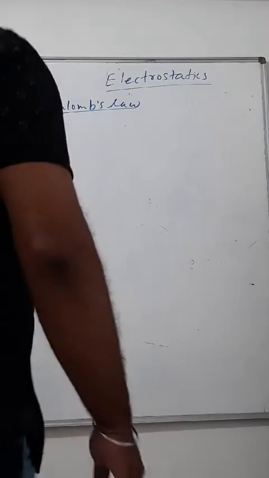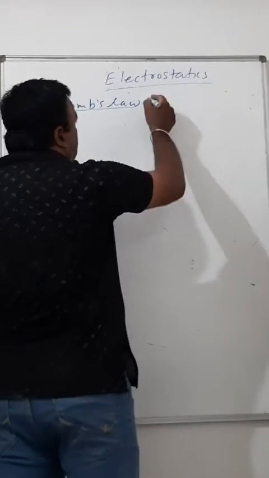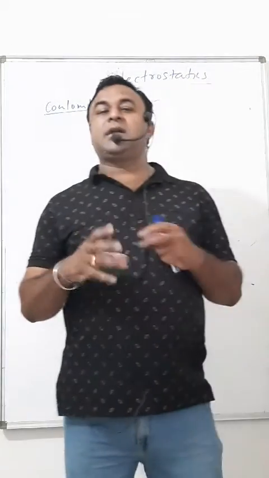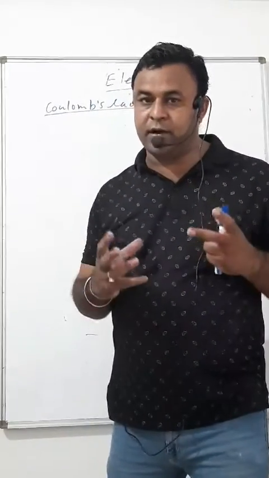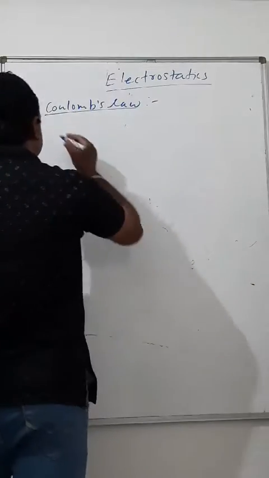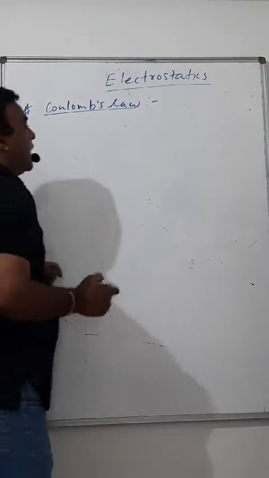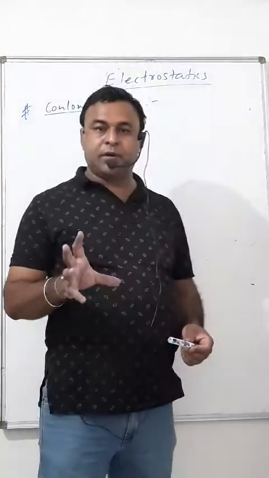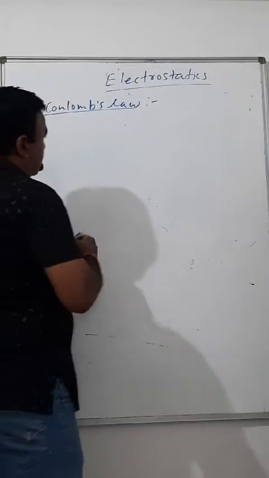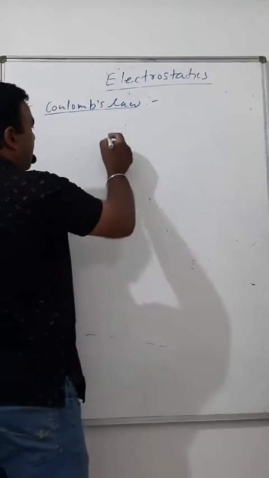Well, up to yet we studied about charge, the introductory part of electrostatics. Now we start with the quantitative study of electrostatics. That is what we begin with: Coulomb's law. Actually, up to yet we have studied the property, the theoretical part. Now it becomes the problematic, the numerical point of view.